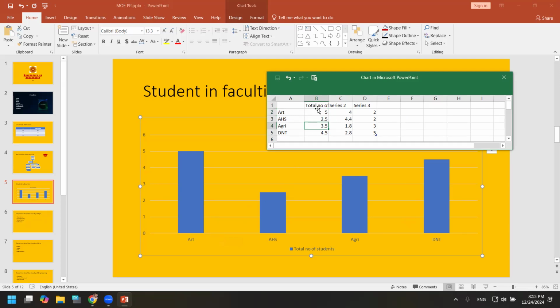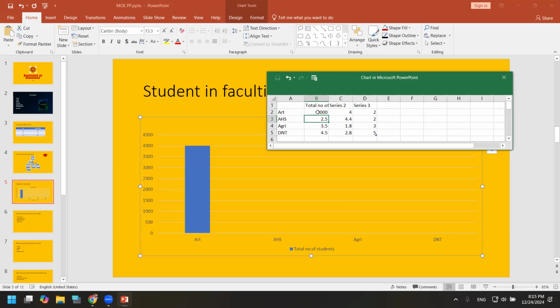right? Let's say in faculty of arts, we have about 4,000. In HS, like 1,000. In agri, 900. In dental, 500, like that. Right. Now I only inserted 4 faculties. Now, if I want to add more, then you have to